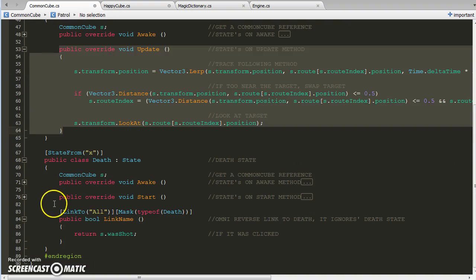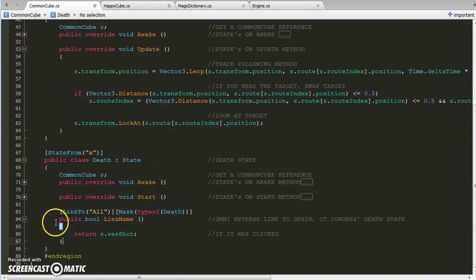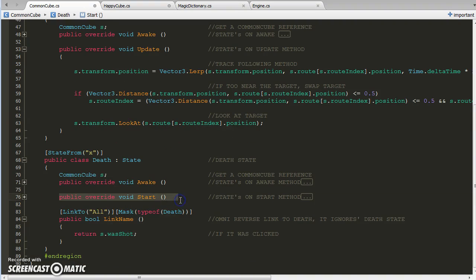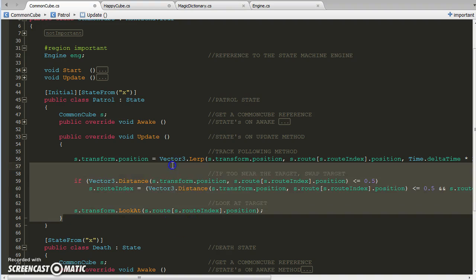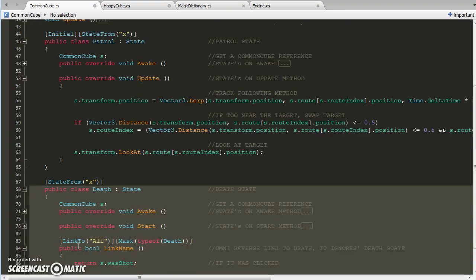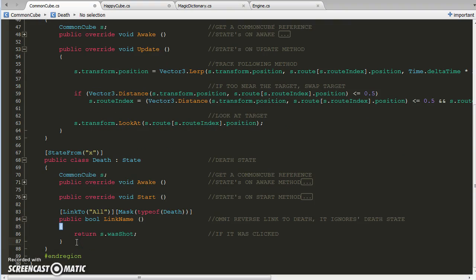So if this link says true, it's time to change the state, then the start method will happen, the end method of this state will happen,